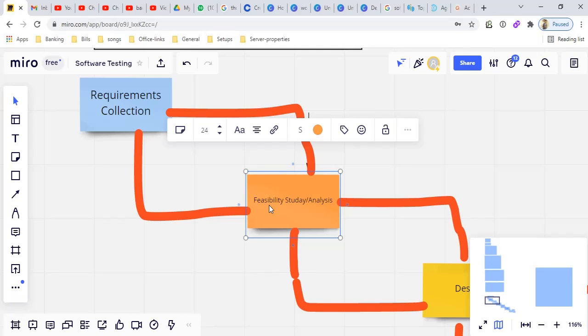The next step is feasibility study or analysis. Okay, let's come back to the example. XYZ is a college, which is nothing but a customer or client. Customer is also the same word. Client or stakeholder, vendor. Different organizations, different companies use different terminologies. Be careful and be cautious about words. Don't get confused. All are the same. So, the business analyst will gather the requirements from the XYZ customer,